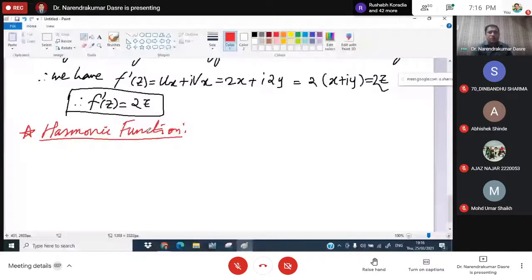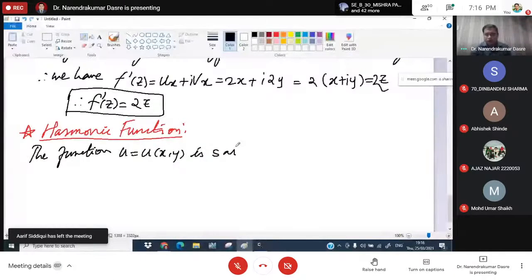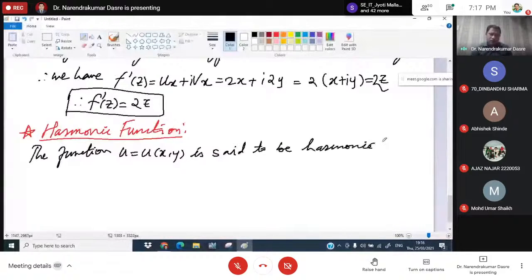So what we have here, a function u of x, y is said to be a harmonic function if we have ∂²u/∂x² plus ∂²u/∂y²